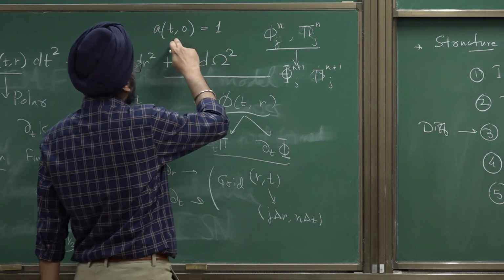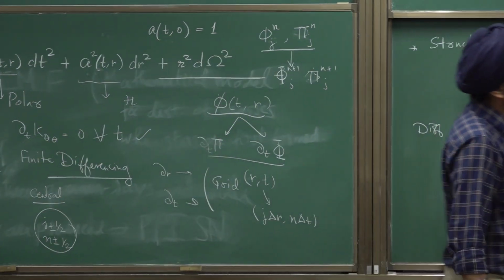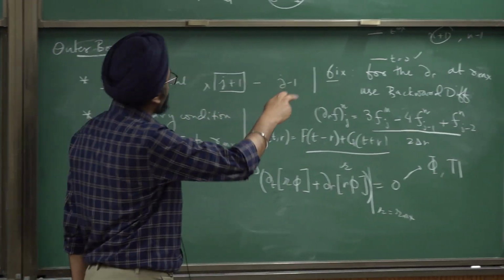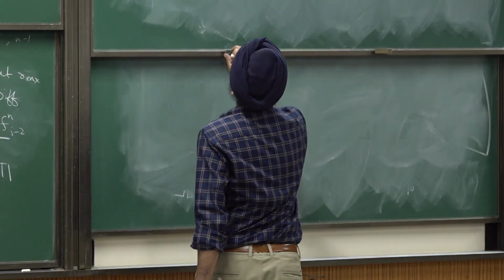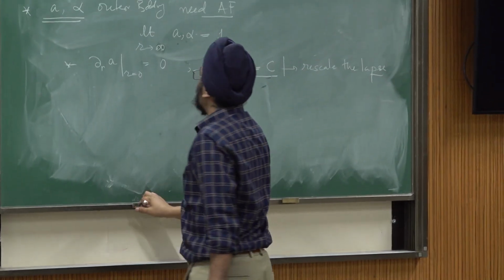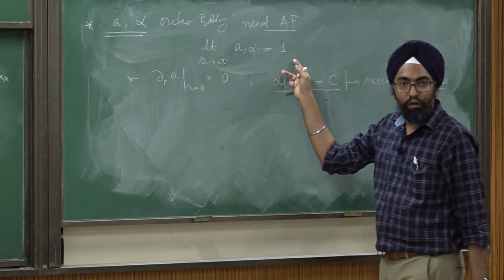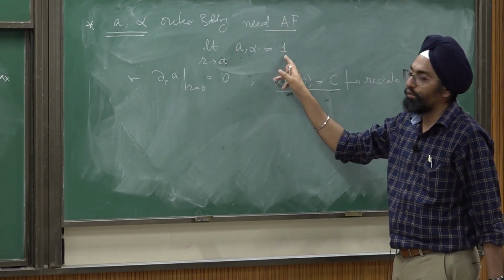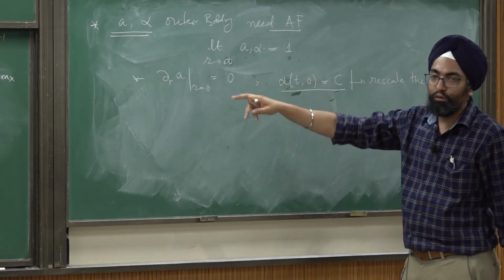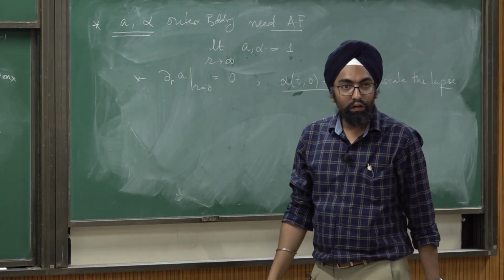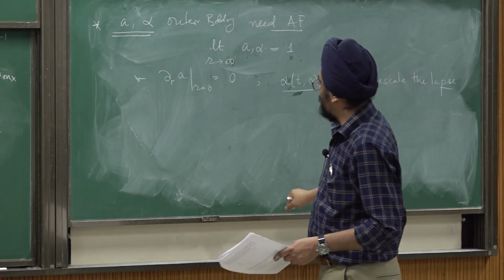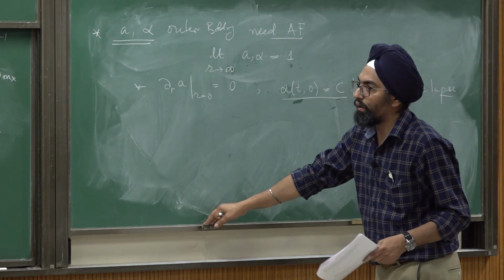However, the outer boundary condition which we want is that at infinity, they should be going to 1. Both together, you are not able to satisfy both of them together. They are not compatible with each other. Again, the way to look at it is,